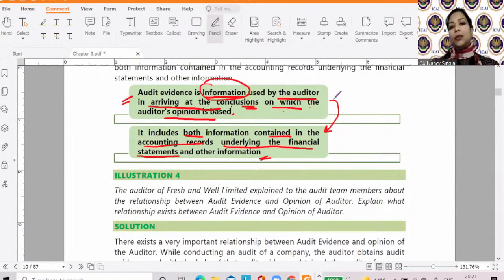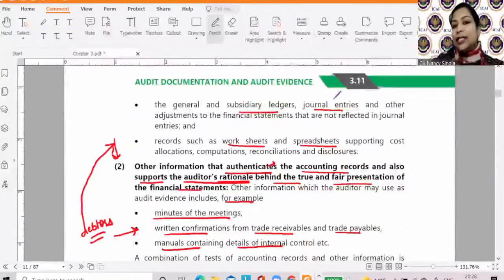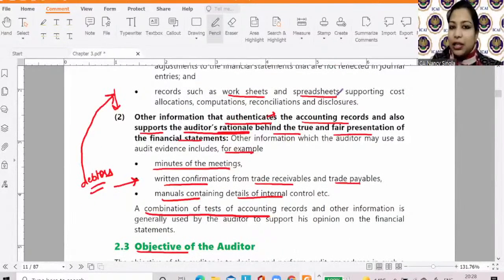Students, these are keywords, you need to learn them. Underlying the financial statements and other information. Other information what? That authenticates the accounting records and that supports the auditor's rationale behind the true and fair presentation of financial statement. What is rationale? The belief or the reasoning of the auditor that financial statements are true and fair. And what is authenticate? Validates. Example, your minutes, your written confirmation manual. See, second point में whatever examples are given, and these are not used for preparation of financial statement, but they